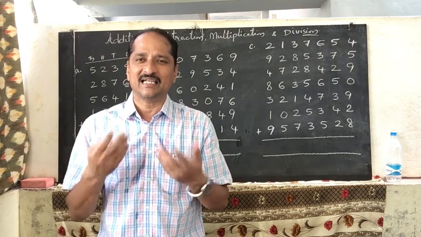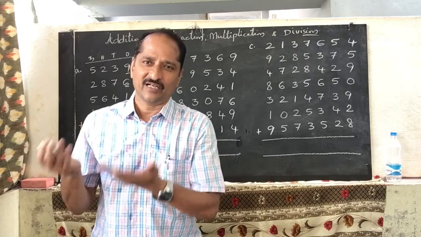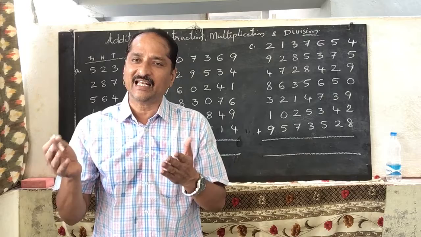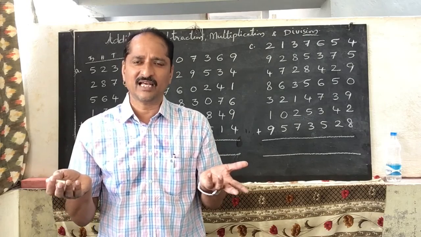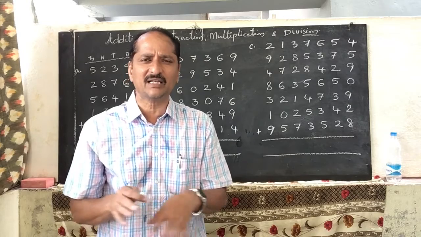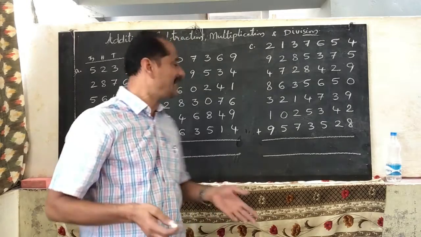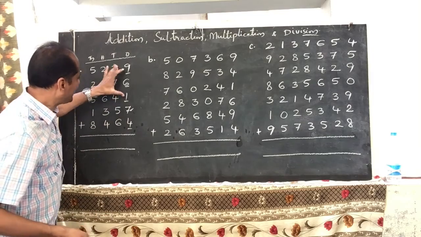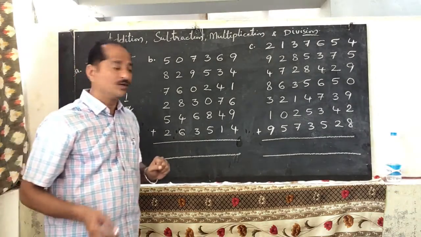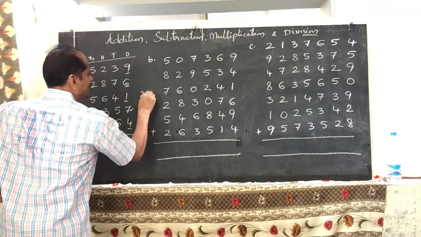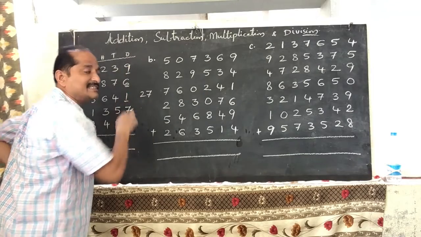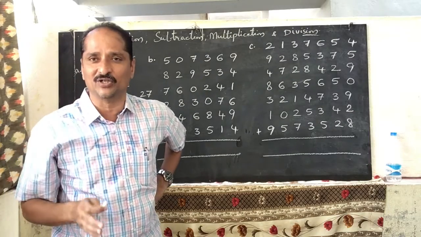30 plus 6, 36. 40 plus 9, 49. 20 plus 4, 24. 10 plus 9, 19. Like that. 90 plus 4, 94, 60 plus 5, 65, 20 plus 3, 23. Like that. Here also, how many tens did you get? 1 ten and 1 ten, 2 tens. 20 plus 7, 27 you got. What is this 27? Here it is the sum of ones. That means if you add the ones place digits, you got 27 ones.